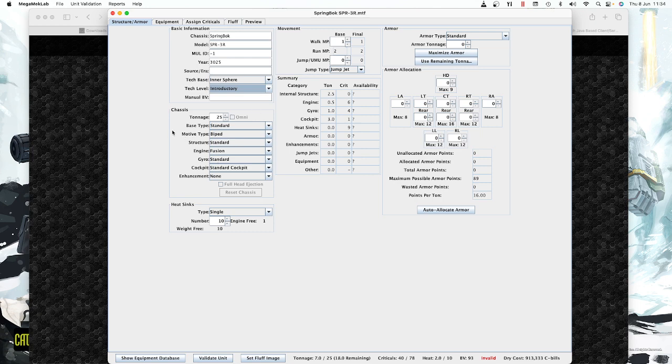First thing to do is decide what tonnage. So we've done the basics in the name and the base, and we're going to choose what tonnage is going to be. It's a good idea to start with the tonnage. I'm going to choose maybe an unused tonnage, one that's not used much, right at the bottom of the medium